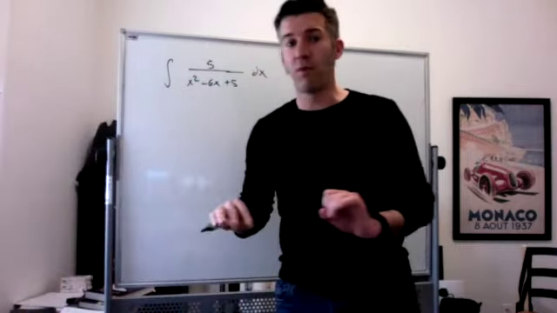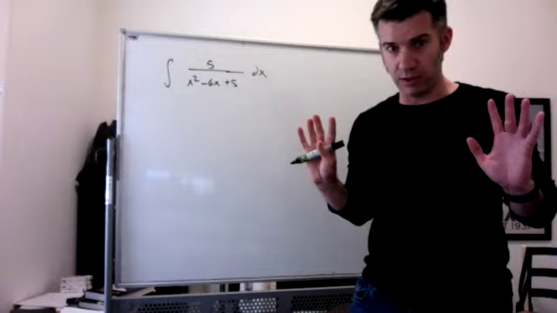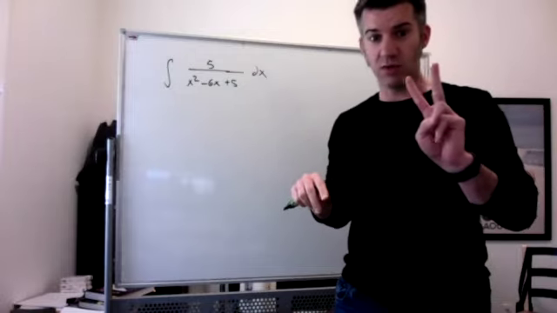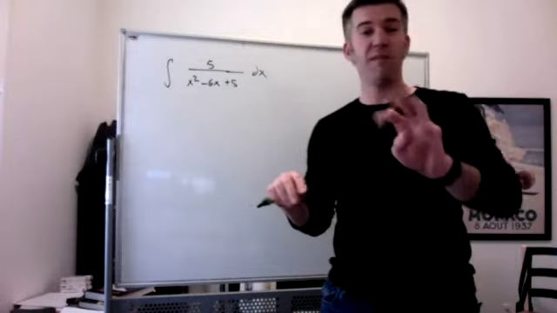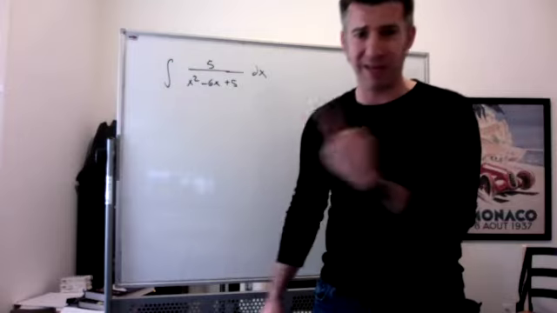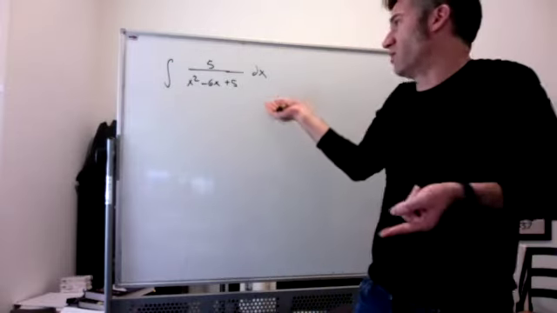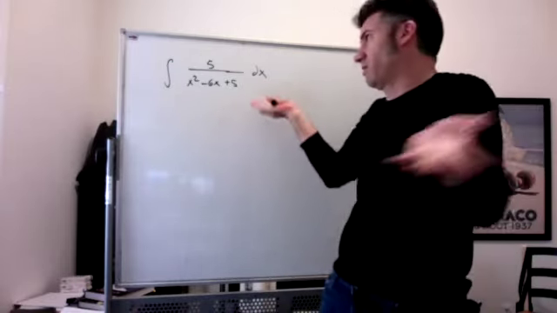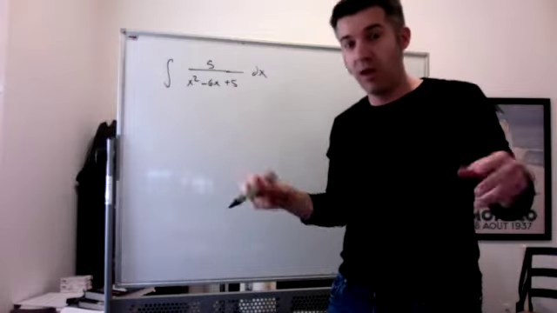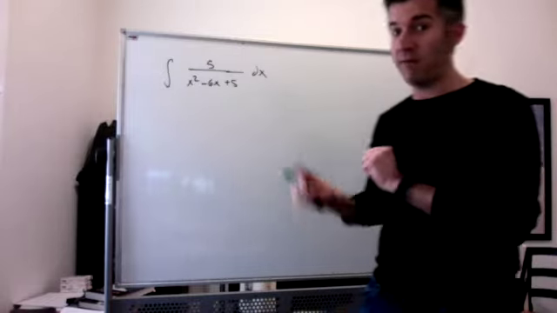So before you even think about partial fractions, you have to ask yourself 2 questions. Well, actually maybe 3 questions. The first question is, can I do something else? This one, no. There's nothing else that we can do here, right? It's just a rational function. But then you have to ask yourself, okay, if we have a rational function,